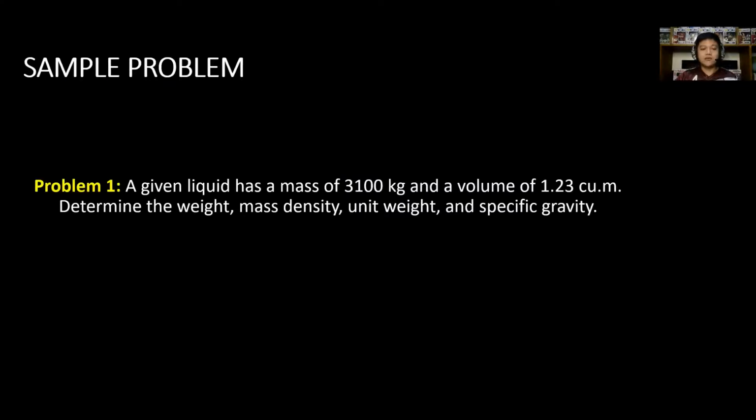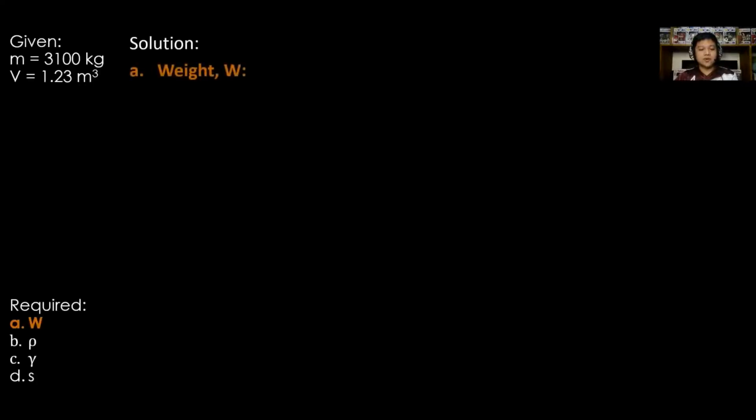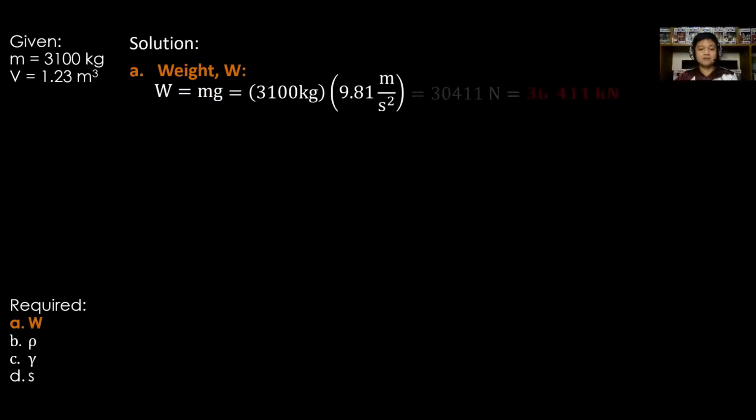So let us now take our first sample problem. For problem number 1, a given liquid has a mass of 3,100 kilograms and a volume of 1.23 cubic meter. Determine the weight, mass density, unit weight, and specific gravity. For weight, W is equal to M times G, wherein M is 3,100 kilograms and G for metric is 9.81 meters per square second, or that is 30,411 newtons or 30.411